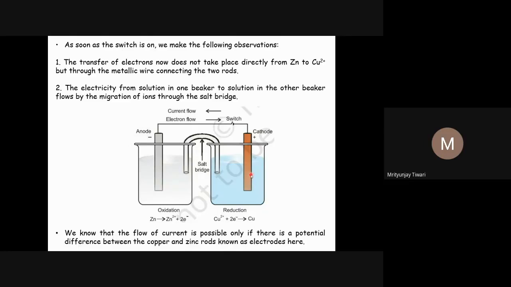Now another thing that we do here: this electron will be accepted, it will go here, and that electron will now come to the solution, and will be accepted by the Cu2+ ion that was in the solution. And so that is what we see: the copper will get deposited on the copper rod, and copper deposition will be happening.